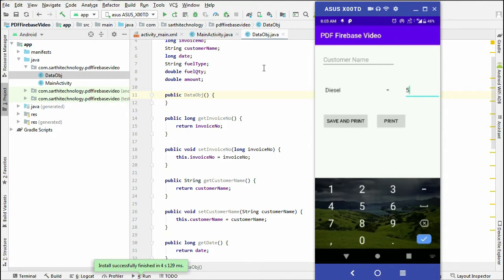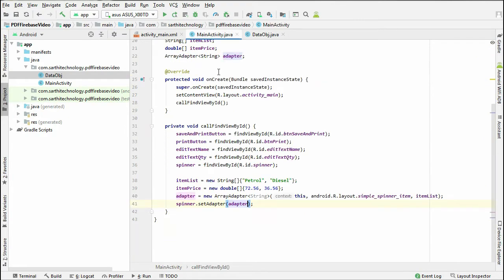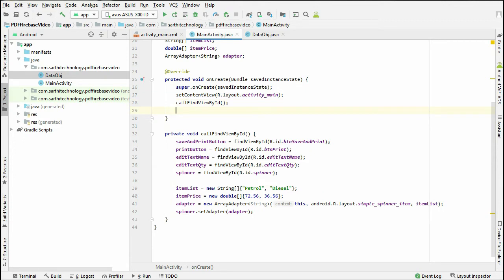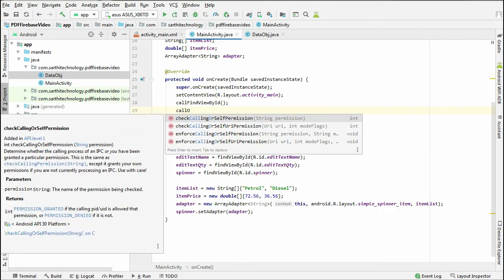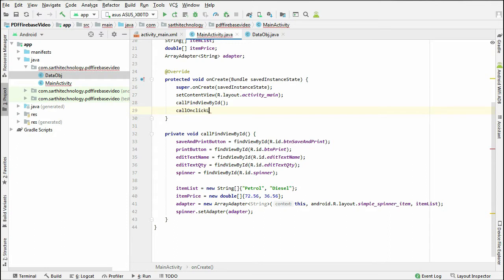Come to the main activity, and after this call to find view by id, we will call a method, on click listener. Press alt enter, create method in main activity.